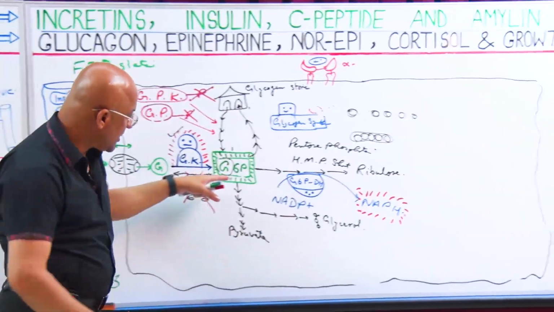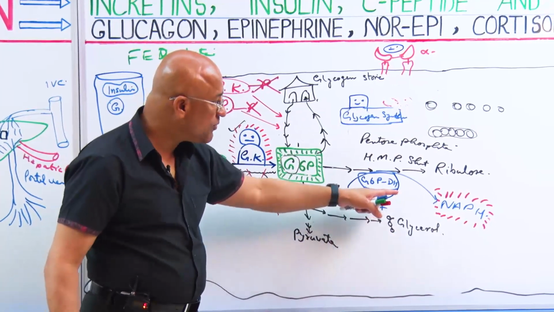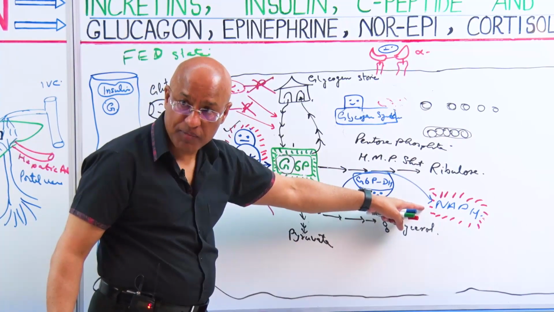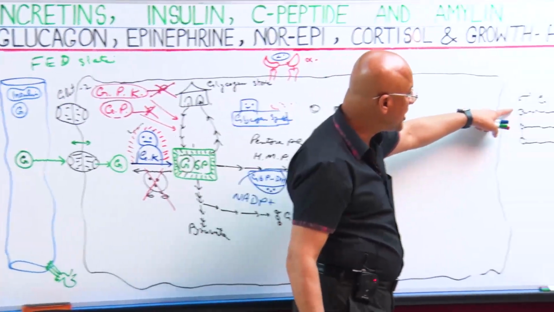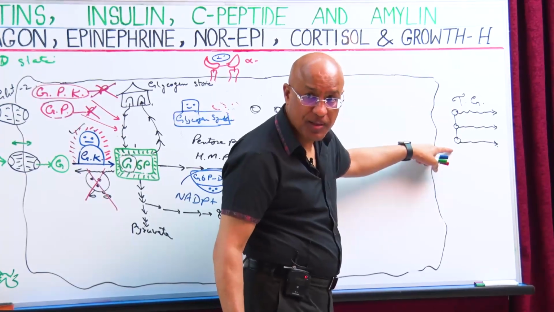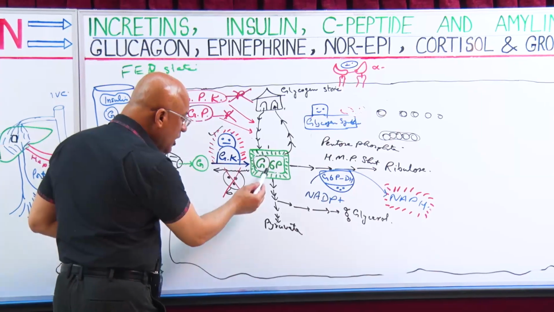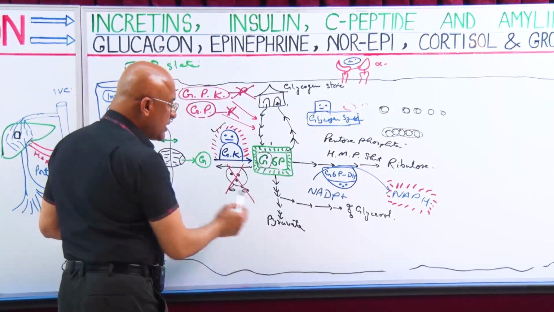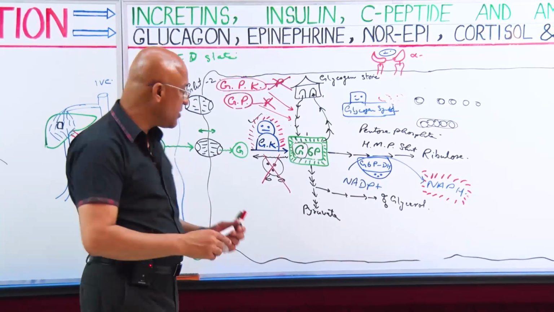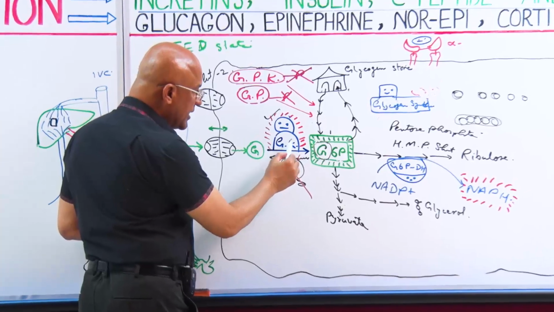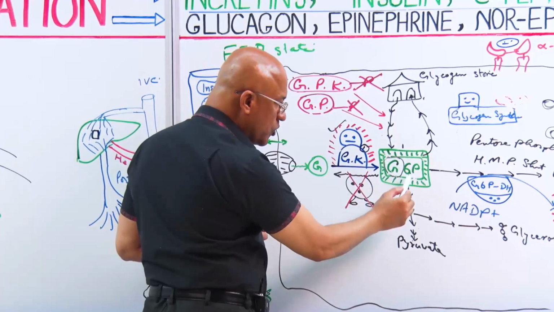So actually, when too much glucose is coming, glycerol is also being formed. So energy for fatty acid synthesis is also formed. And glycerol, which is the backbone of triacylglycerol, is also formed. And now we have to make fatty acid. How to make fatty acid? Actually, this glycolytic pathway should go. Now the glycolytic pathway has 3 well regulated enzymes. One enzyme was glucokinase, taking the glucose and converting it into glucose 6-phosphate.